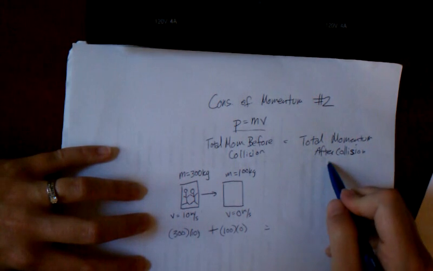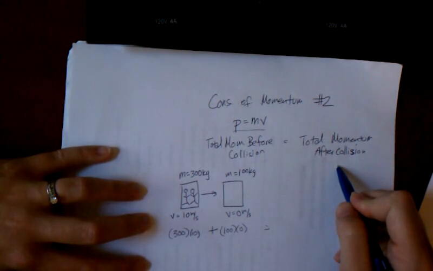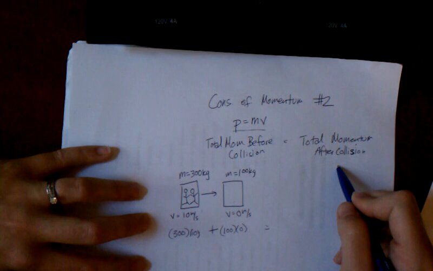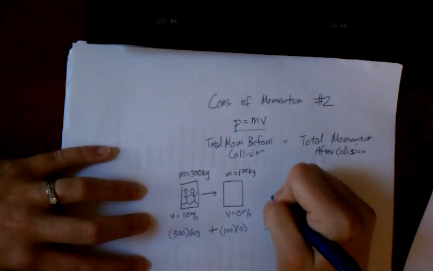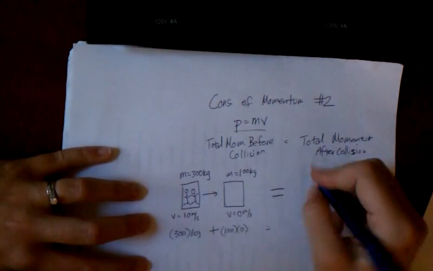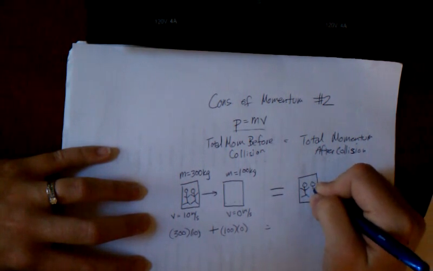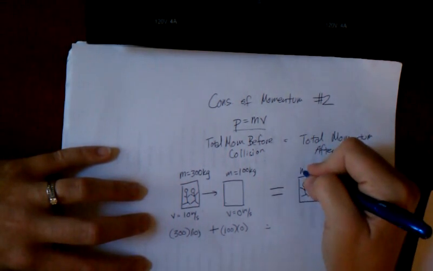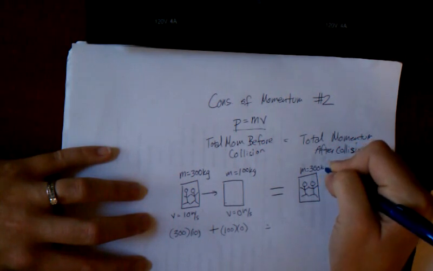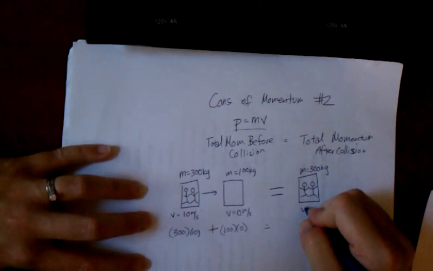I know that that has to equal my total momentum after the collision. So I read the problem and it says, they deliberately collide, those evil kids, with an empty second car which is at rest. Afterwards, the car with the 2 children moves off at a speed of 4. What is the velocity of the empty car? So I know that the total before has to equal the total after. So I have my 2 lovely evil children that are running into empty bumper cars. Their mass is still 300 kilograms, assuming one of them didn't barf. But now their velocity is 4,